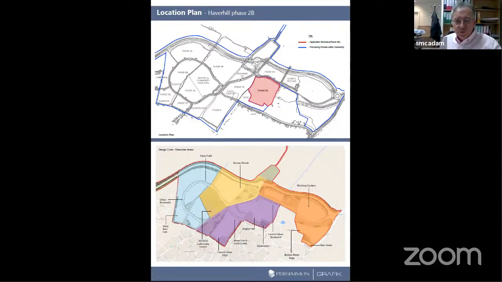The reason for submitting the conditions for A8 was one of them, and all the A conditions, if you like, from the hybrid application, was to allow us to get cracking with that. We are aiming to get that delivered before the trigger points in the 106, which are before 500th occupation or 5 years, whichever is the sooner. We are intending to get cracking with that and deliver that well in advance of the triggers